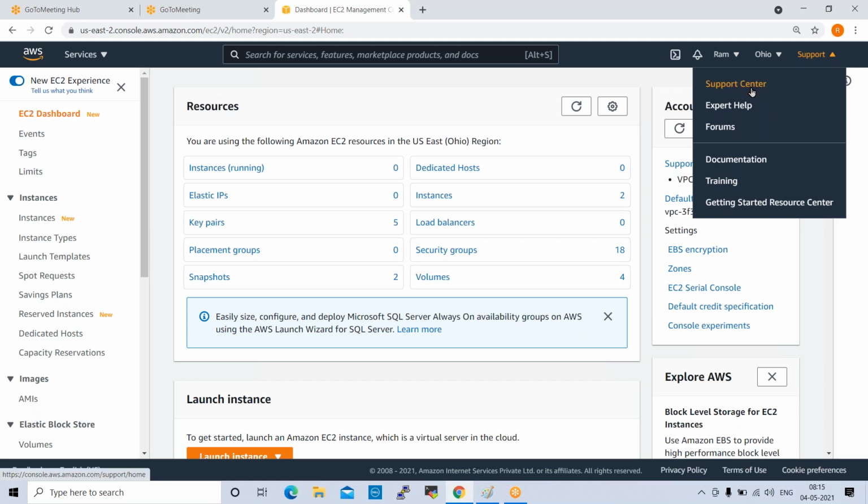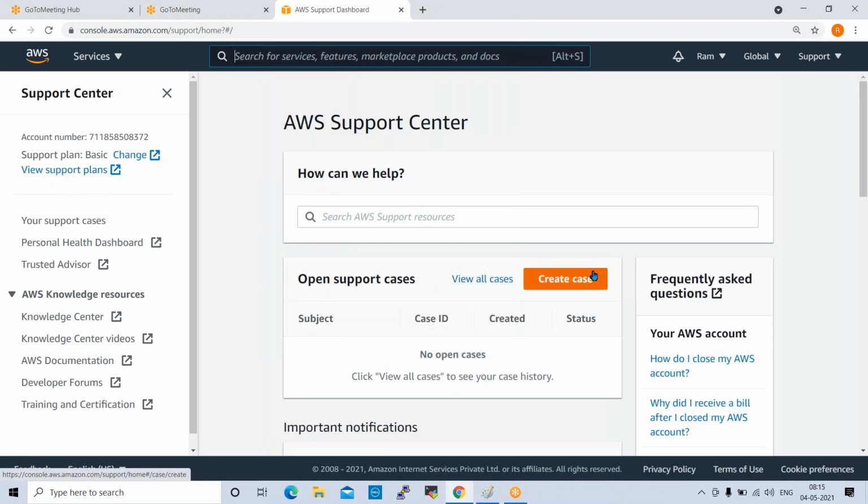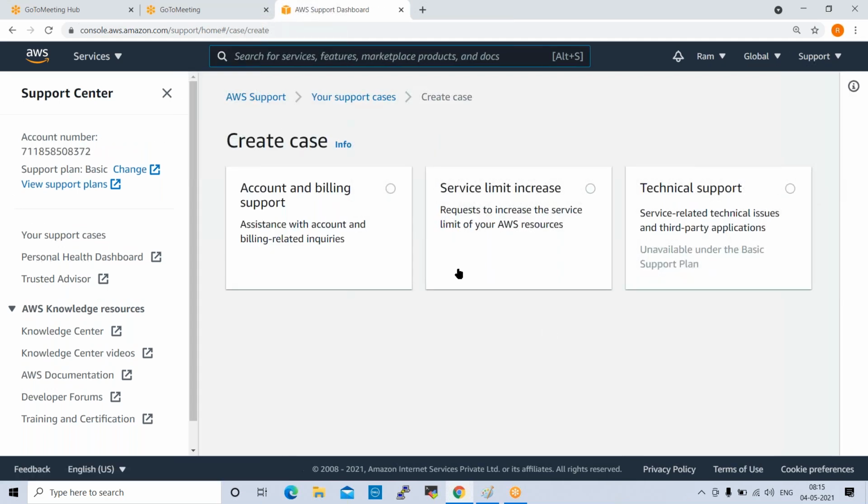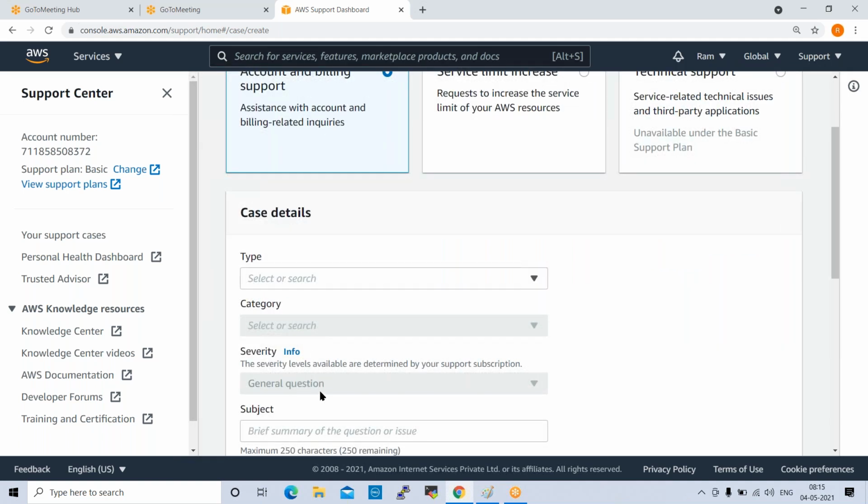If you want to raise any case, click on support center here. You will get the AWS support center. Here, click on create case. You will see account and billing support; if you want that, click on this and give the details.